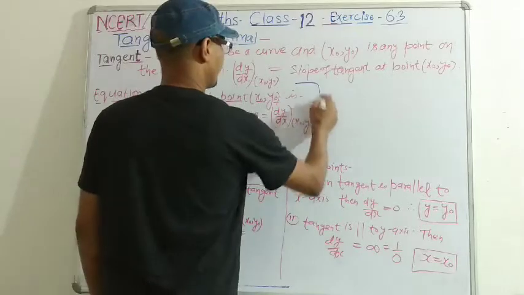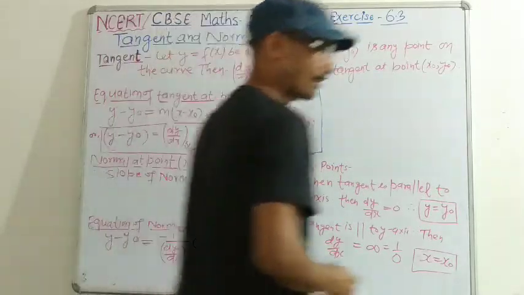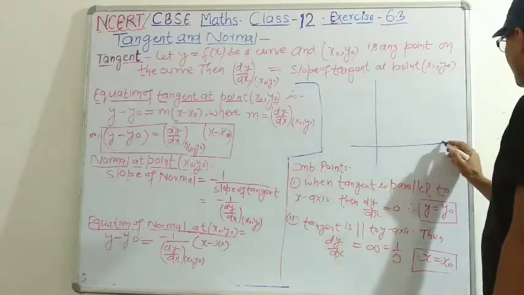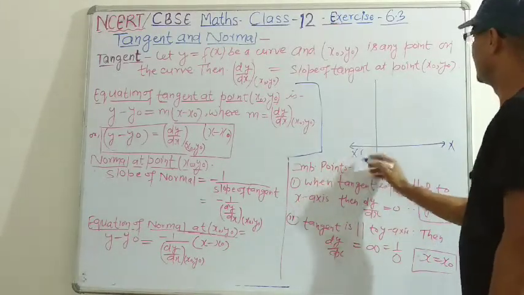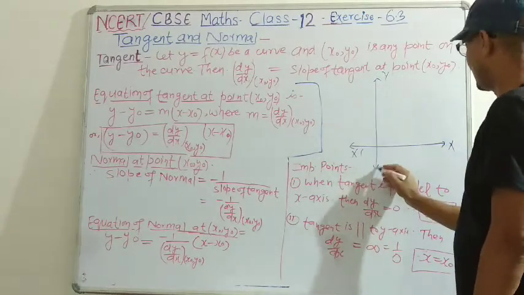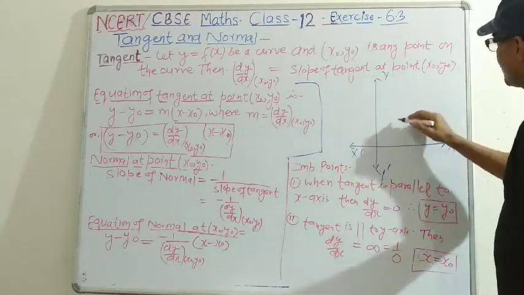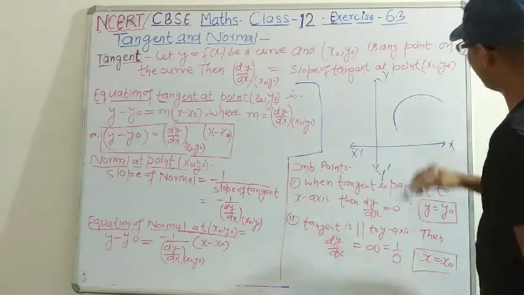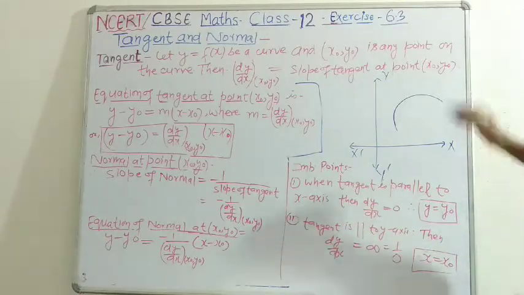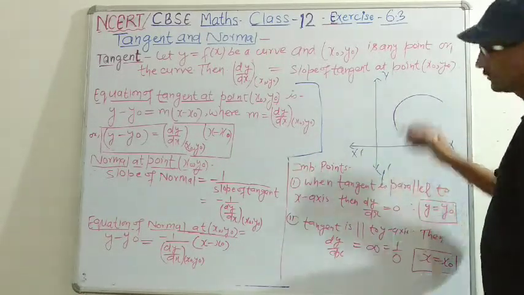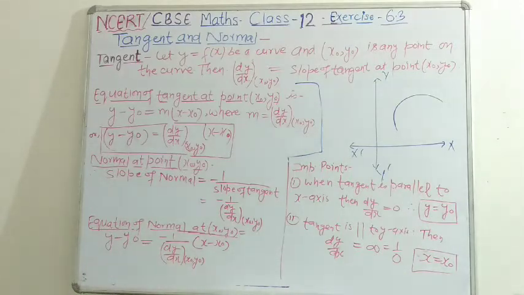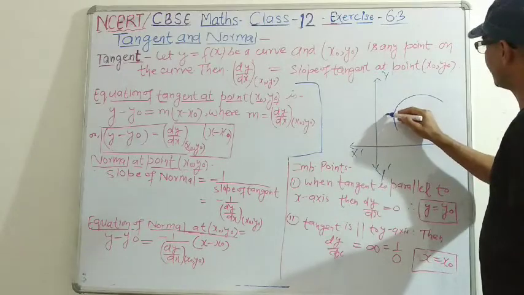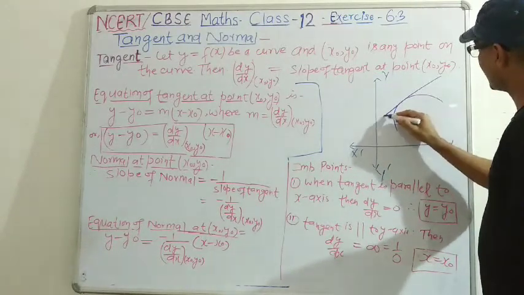So first see what is the tangent and normal. Suppose we have one graph here, it is the x axis, x dash, y and y dash. Suppose one curve is here, any curve. और इस कर्व के ऊपर एक टेंजेंट, you know this thing, a line drawn touches at a single point. एक पॉइंट पर टच करेगा तो इसका नाम क्या बोलते हैं? टेंजेंट.